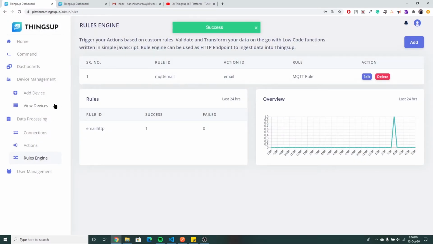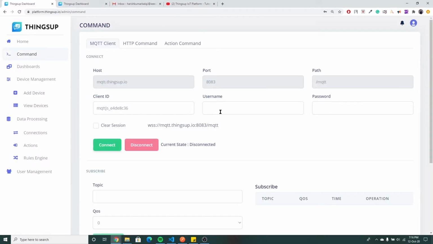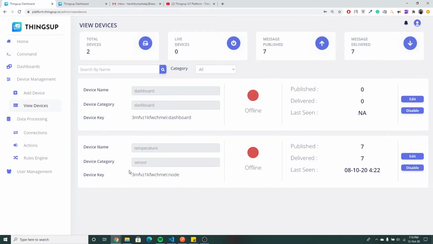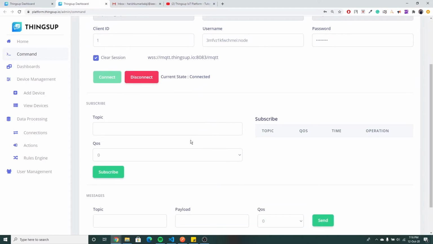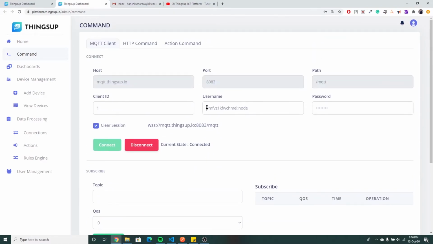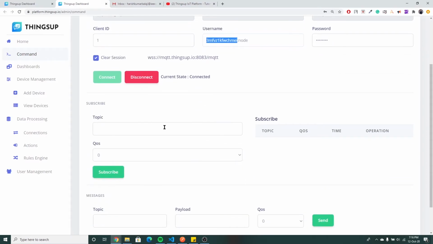Once it is done, you need to check it. So let's see how to do it. In command, in the username, you need to specify the device key here. MQTT client, paste it here. The client ID and the password, you need to specify the same thing that you have created while creating this MQTT device. Click connect. Once it is connected, you need to specify the topic. The path is slash your account ID, you can copy it from here, slash the topic, which is VIB. I'm giving subscribe. So the topic is subscribed now.